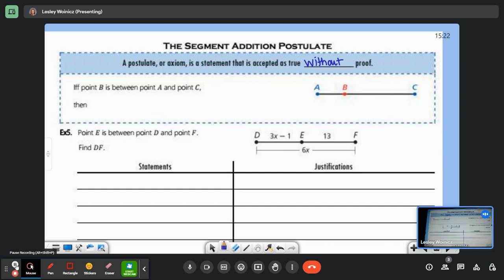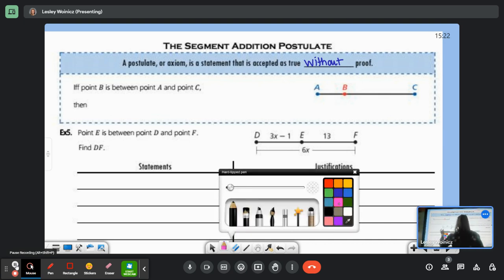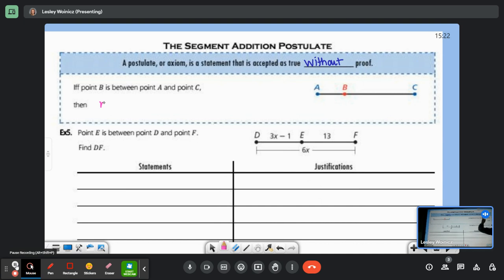So this says IFF. IFF is if and only if. That means that this statement is true backwards and forwards. Okay. If and only if a point B is between point A and C, then the measure of segment AB plus the measure of segment BC